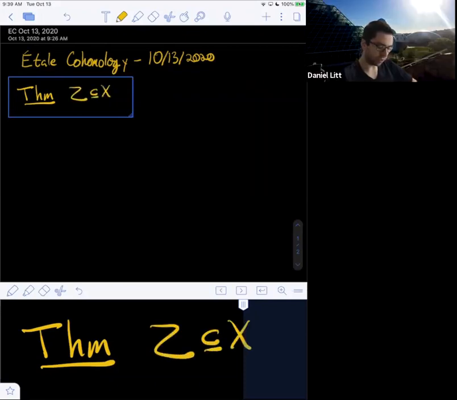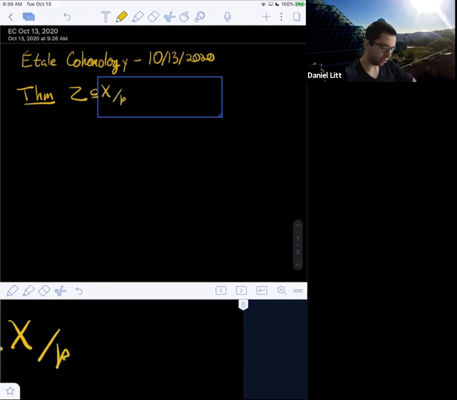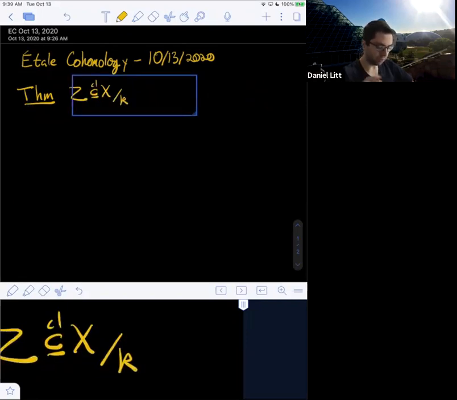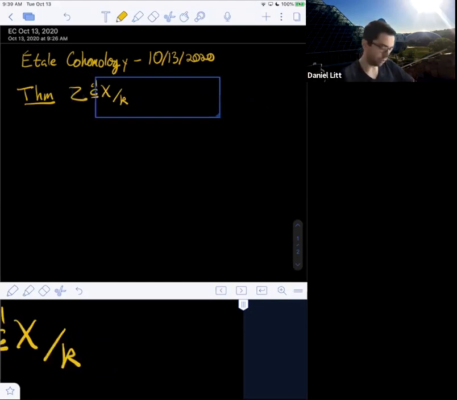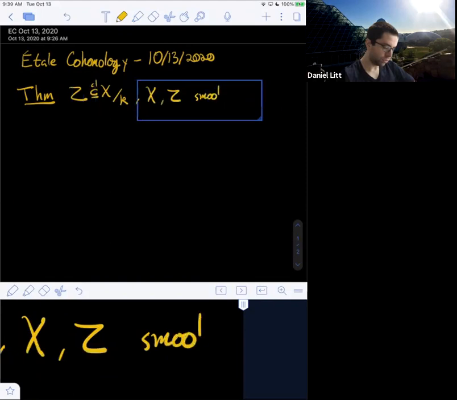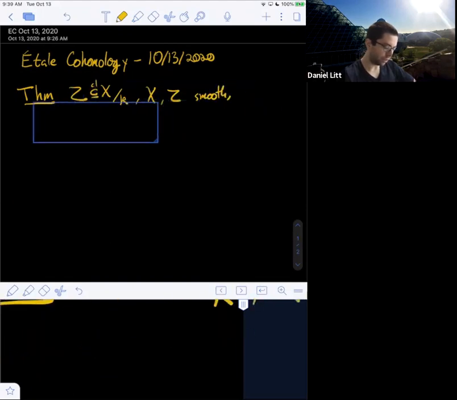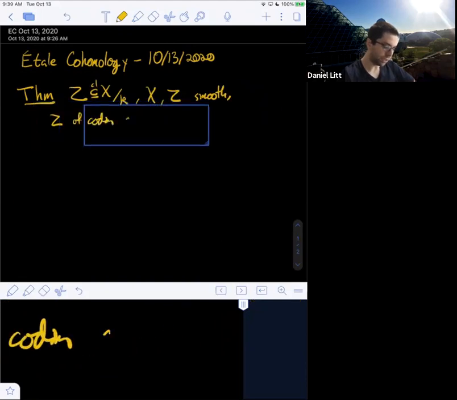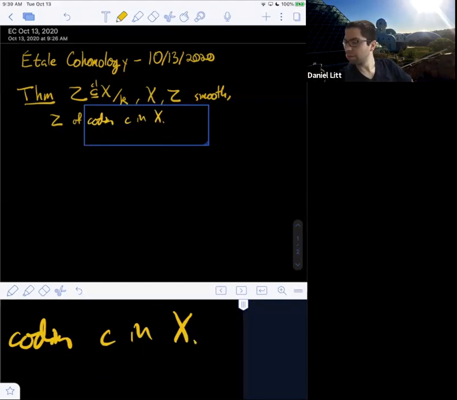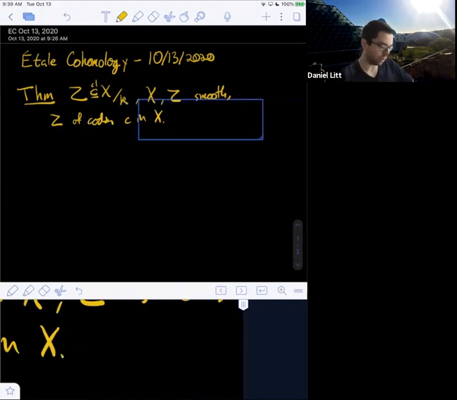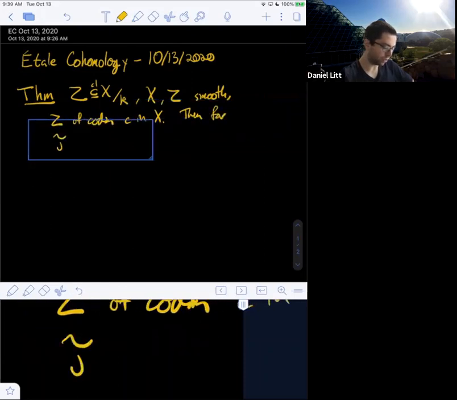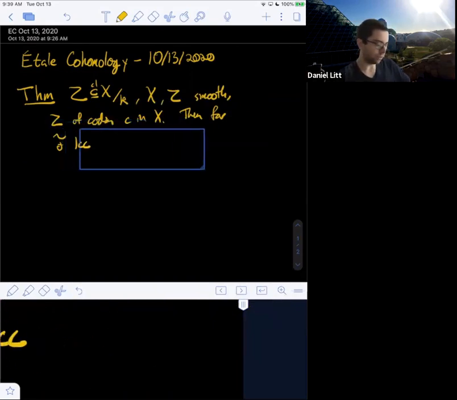Z inside of X is a closed immersion of k-schemes, and X and Z are smooth, and Z is of codimension c in X. Then the claim was that for F locally constant constructible, we have that